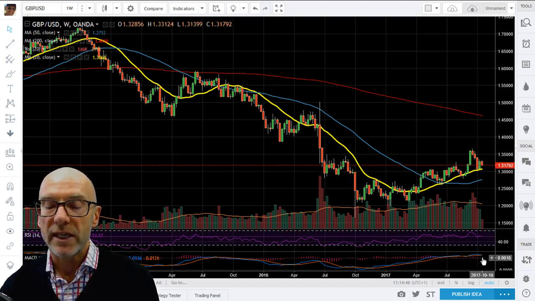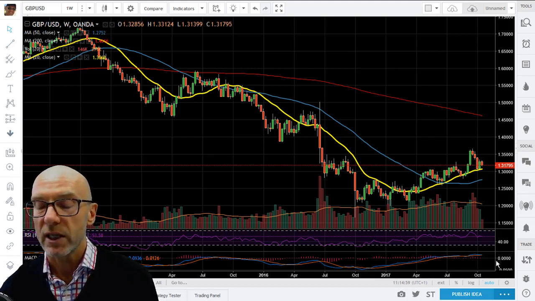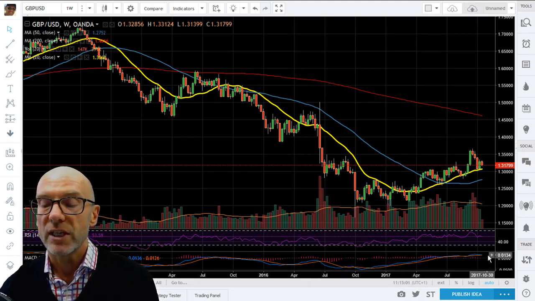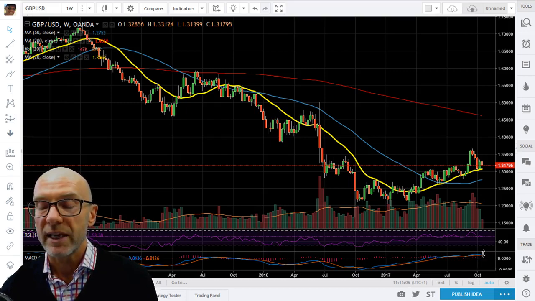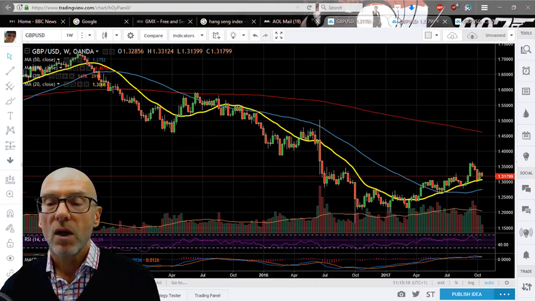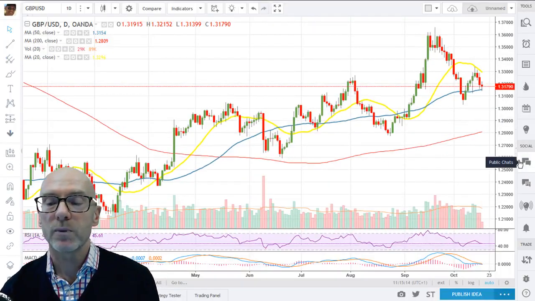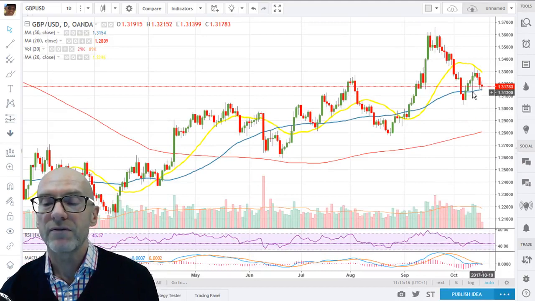And then on the MACD, the short term is still marginally above the long term, but the differential's narrowed to 0.001, so they're very close. But they are above zero, and again you want those to keep moving sideways or keep edging up rather than to roll downwards. On the daily, again we've come back to key support, which here is seen at the 50-day